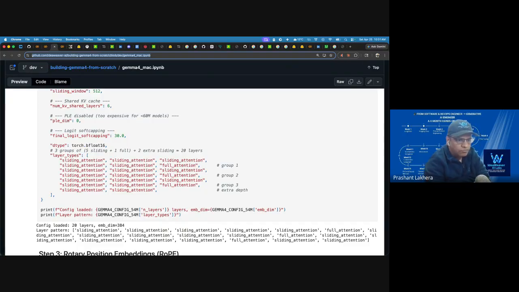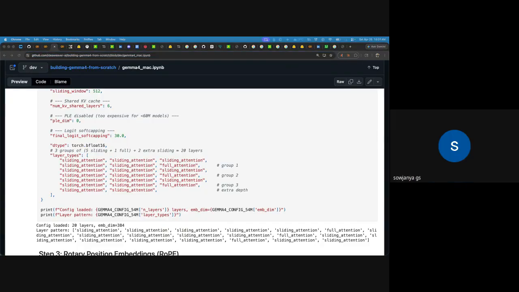So yeah, I will stop talking at this point. Any question? So this positional embedding